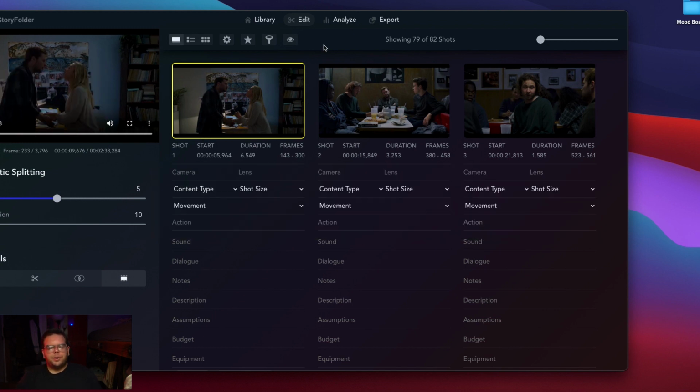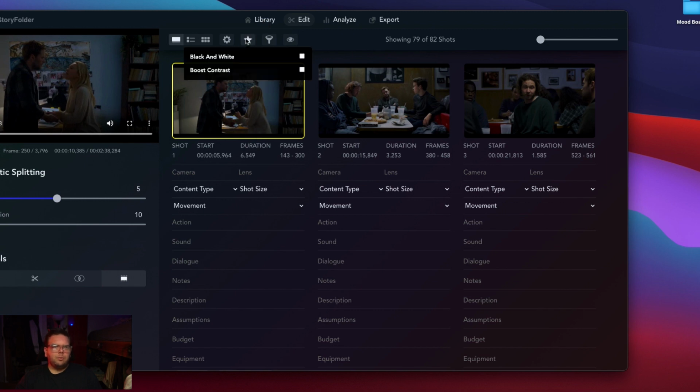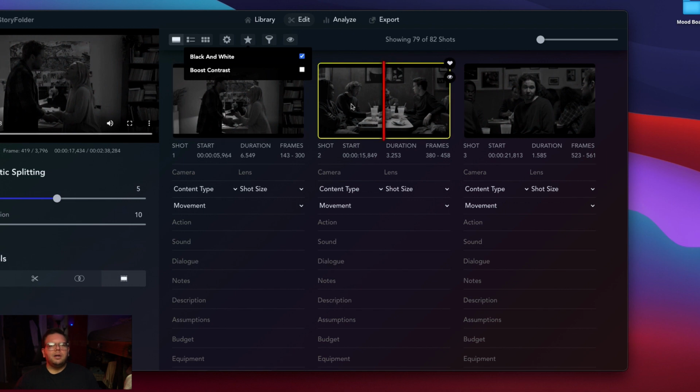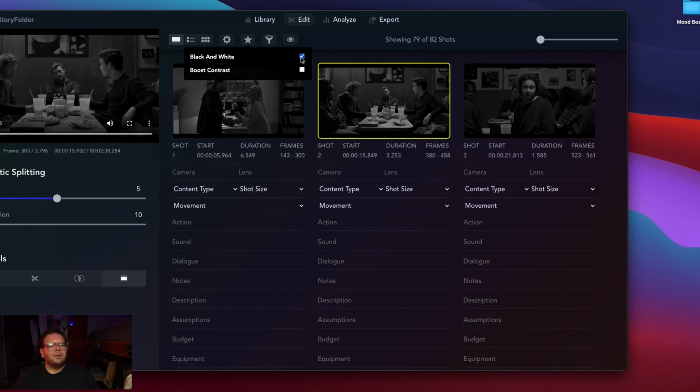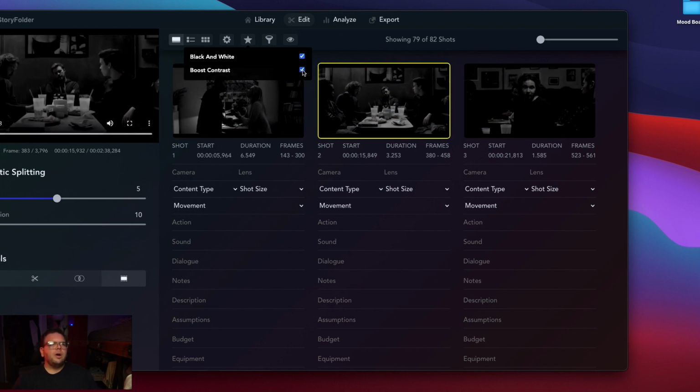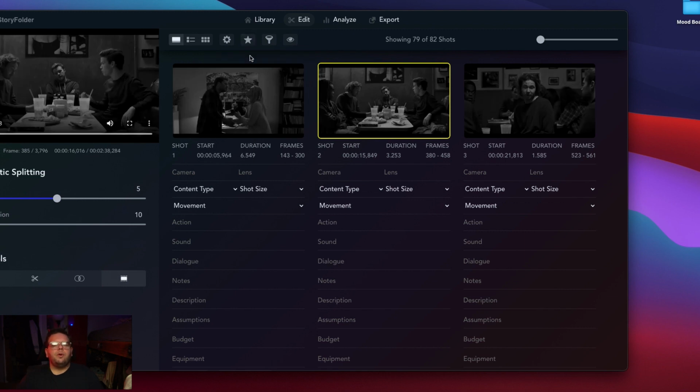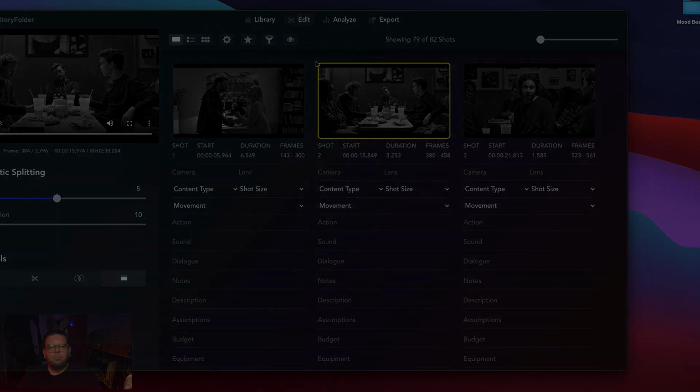So the last thing that I want to show you guys here in the edit workflow panel is visual effects, which is really simple. It's just little filters that you can add over your shots to convert them to black and white, and then if you want, you can boost contrast. This is really useful if you want to strip away the color data. Maybe you're just trying to focus on composition or shot size or action or something like that. You can just strip that away very easily, and that, of course, goes over to export. So when you export,